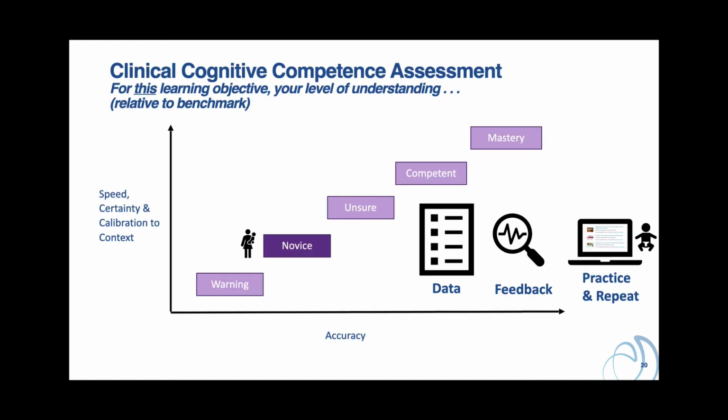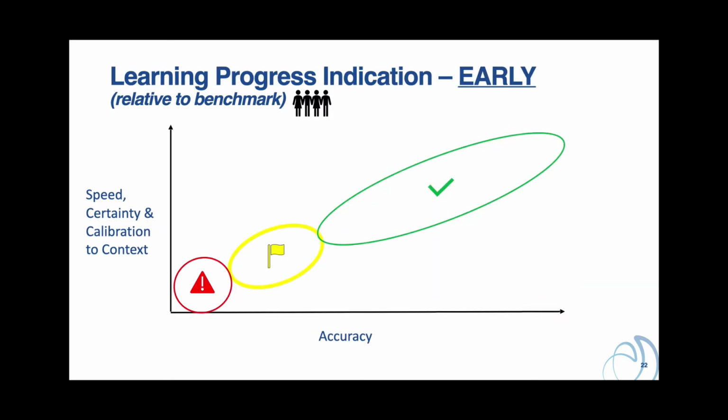Learners are able to sort the data across a variety of domains, giving them the tools to transform the feedback into targeted goals for practice, both clinically and online. Early in the course of a clerkship, when a learner's relative lack of knowledge and experience is expected, warnings should only be communicated when a learner's overall knowledge base and cognitive competency is very low and/or quite miscalibrated compared to peers. Otherwise, a fair amount of knowing that you don't know is acceptable, and the range of learners that are, quote, just fine at this stage is wide.